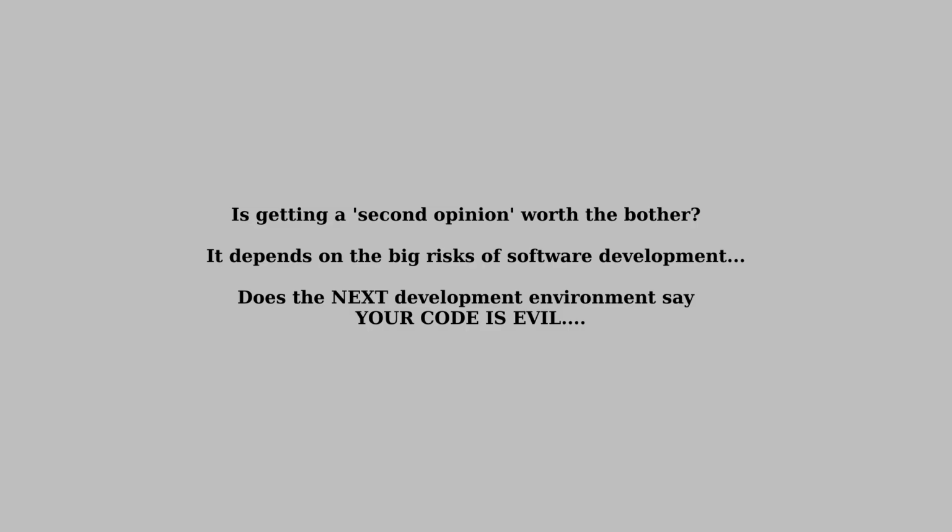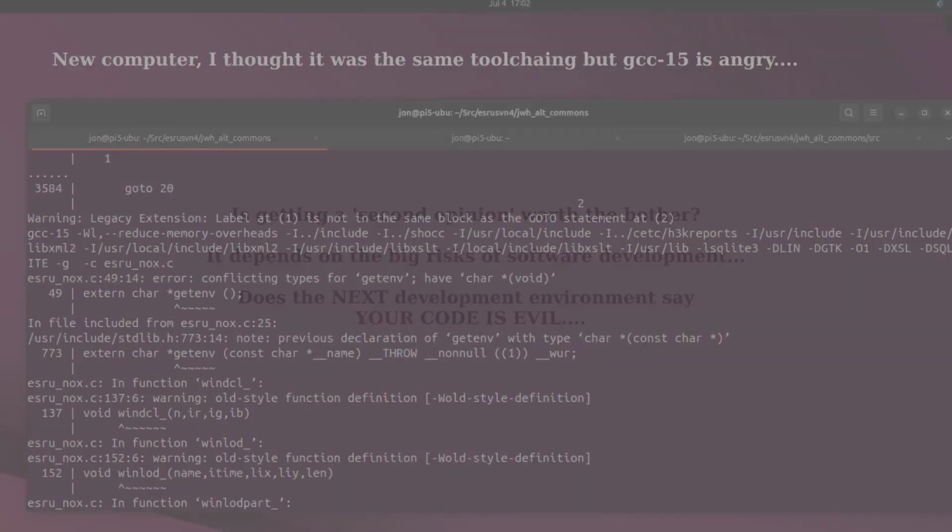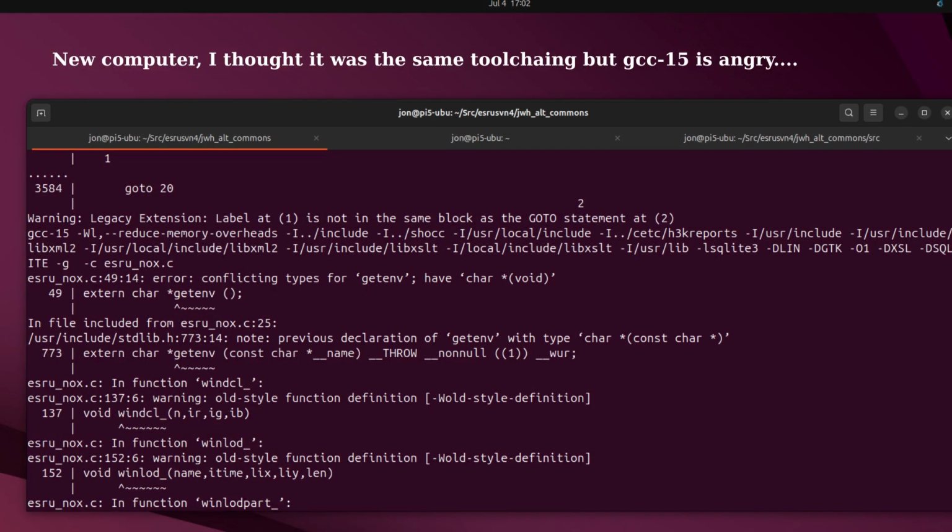And that risk, for better or worse, is that the next release of our tools or our hardware attempts to be more perfect. New terms and conditions, or new language rules which our existing code base is no longer consistent with. As an example, after setting up a new computer and installing what I thought was the usual tool, I type the usual keystrokes and I get whacked by an error.